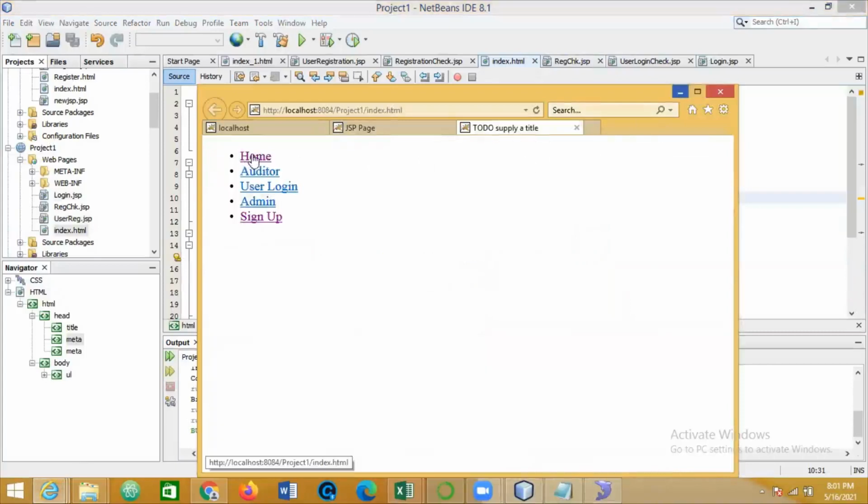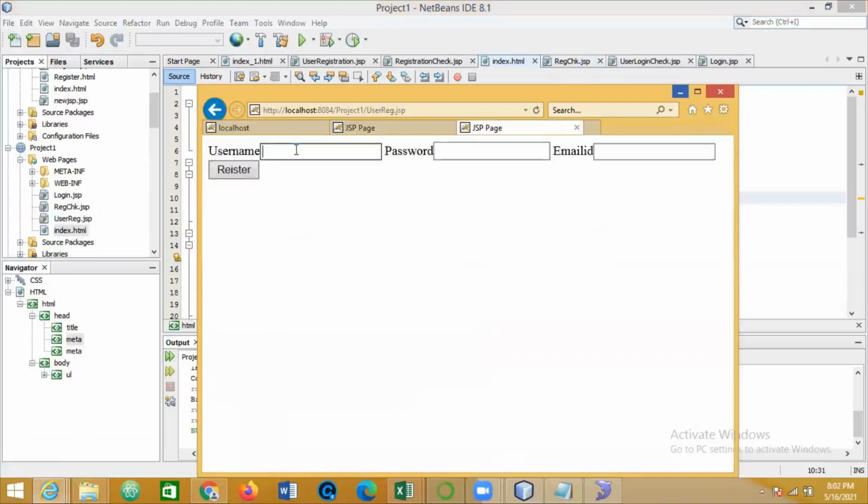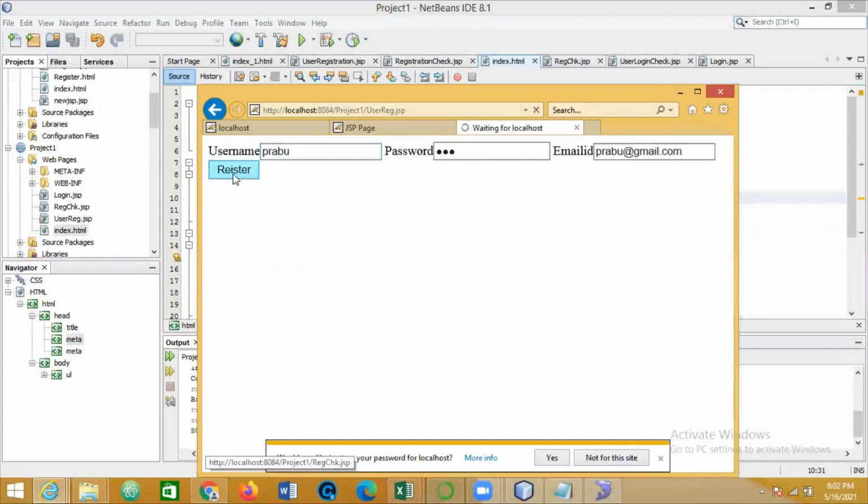I go for this sign up page, here I mention this, and then register. From user registration.jsp, where do we need to move? To login.jsp.